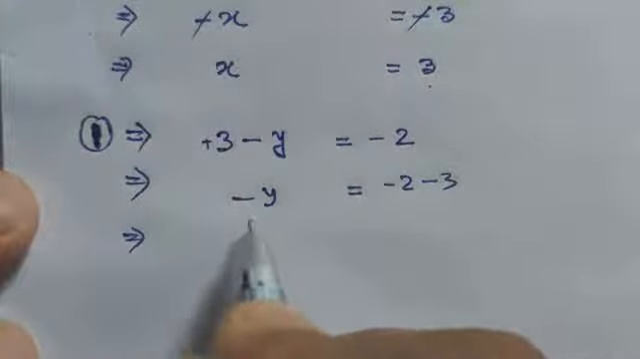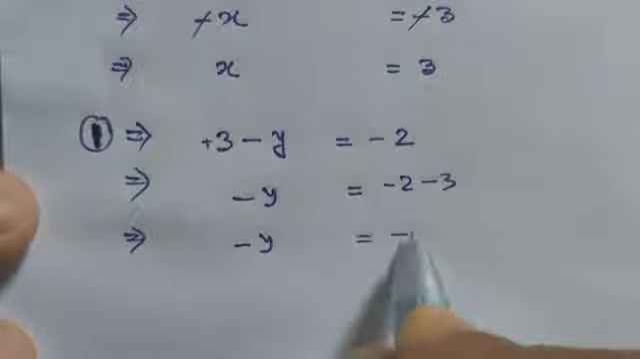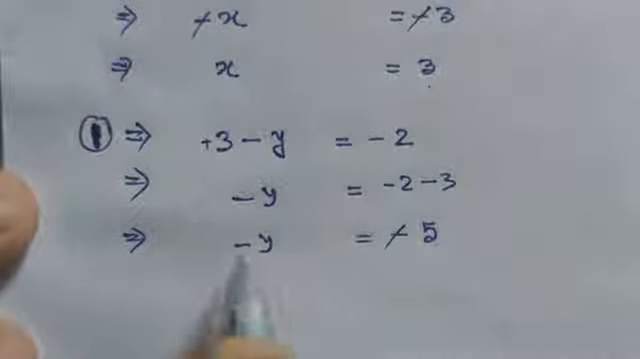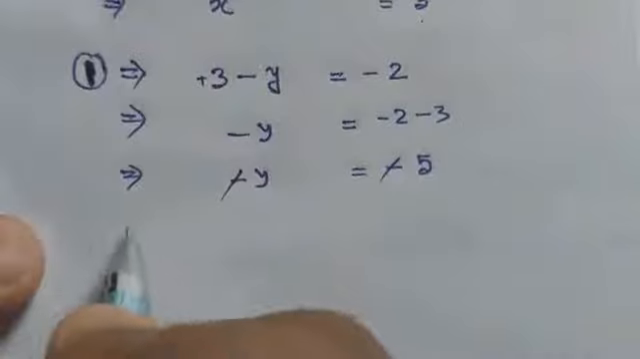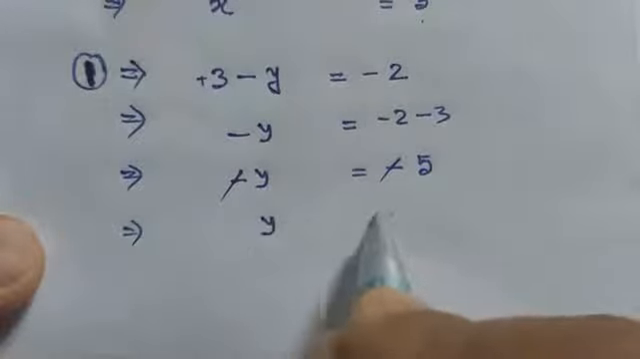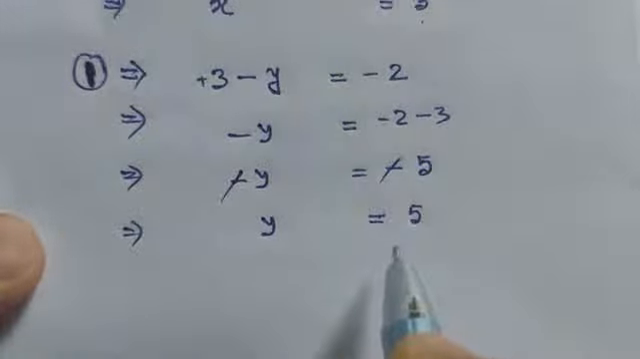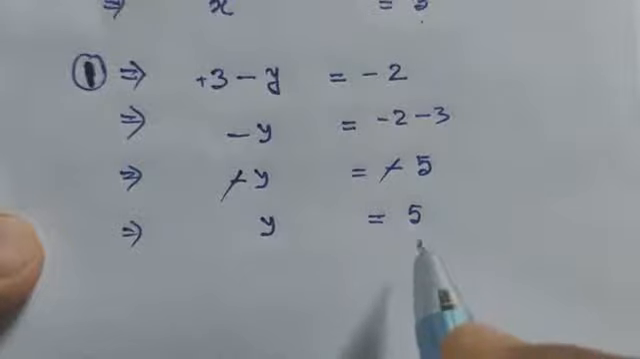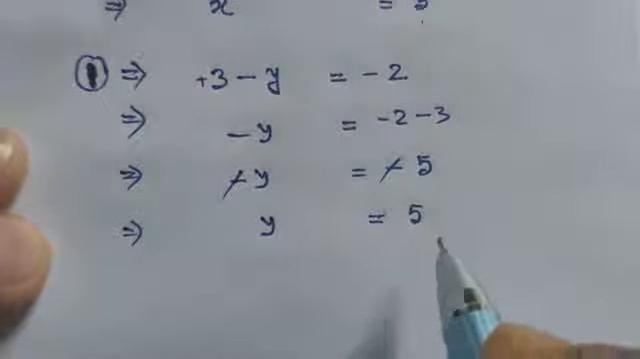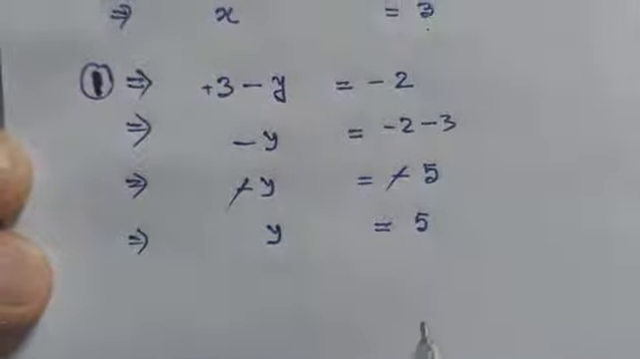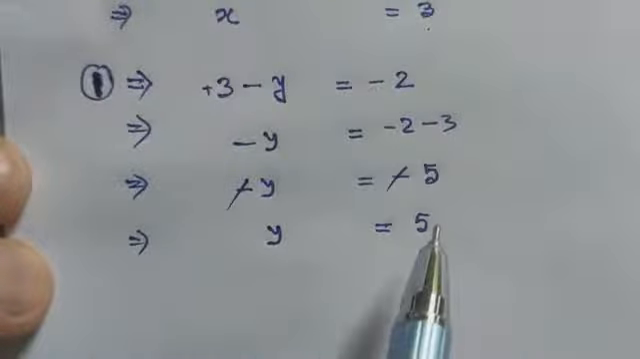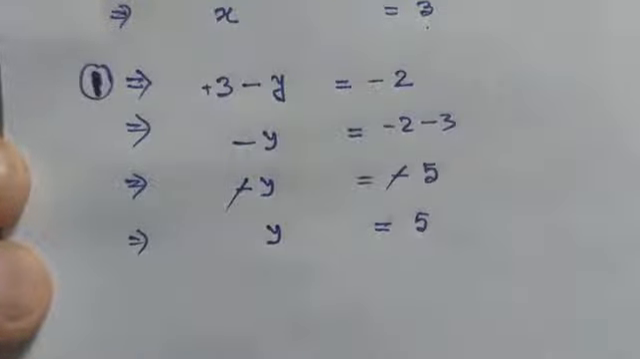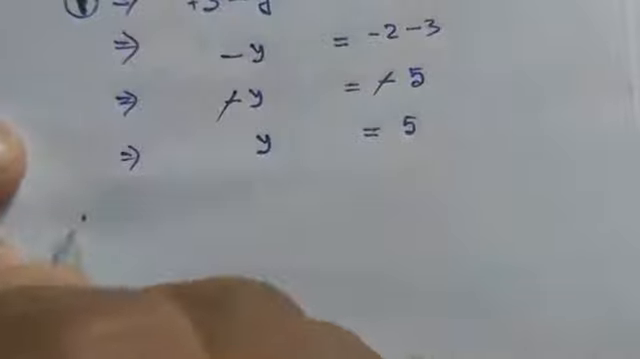So what to do? This negative y is equal to, this becomes minus 5. Cancel the minus on both sides, so y is equal to 5. So the y value is found as 5. What was our task? Our task was to find out the fraction, and we have obtained x and y. So we will write the fraction now. Therefore the fraction is,